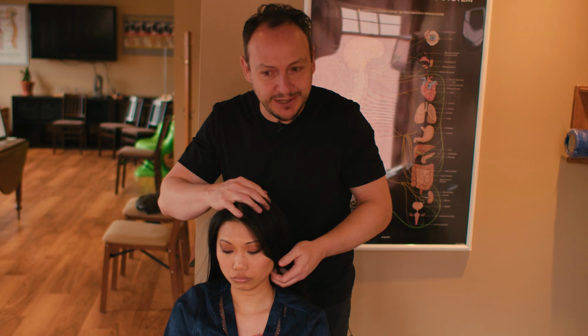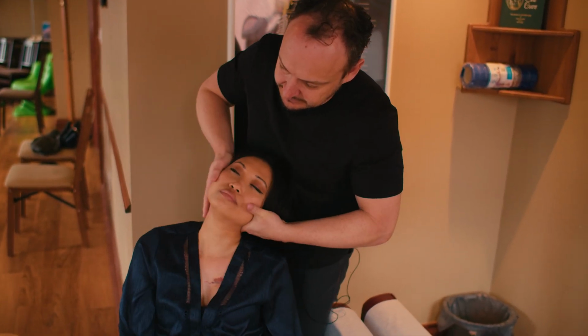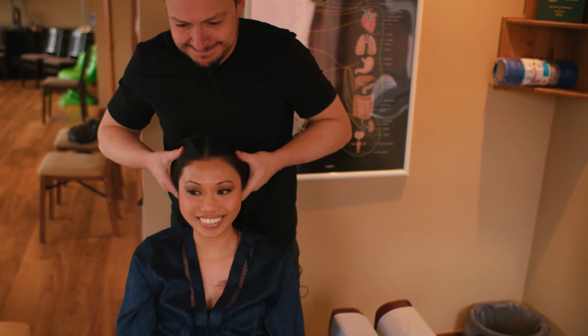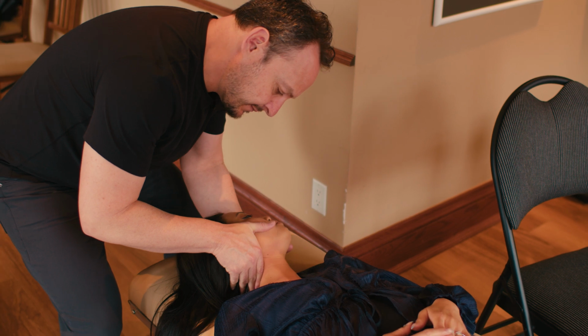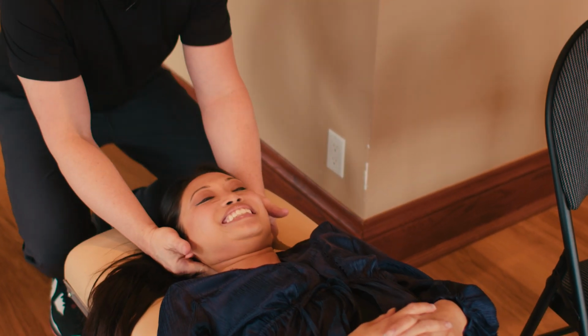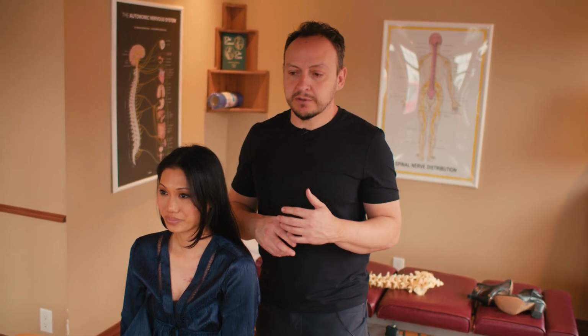So here we go. Drop your left ear, chin up a bit. Okay, just relax. Nice. Chin up a little. Whoa. So just to wrap it up, once we've examined our patient and we've gone over the tests we've done